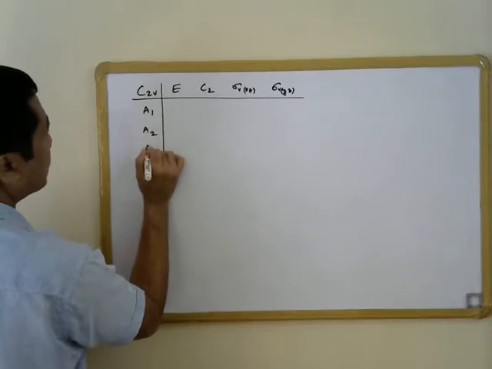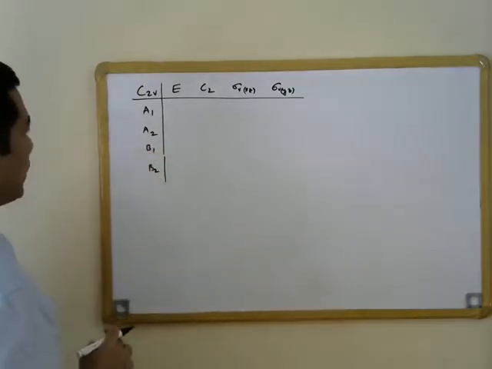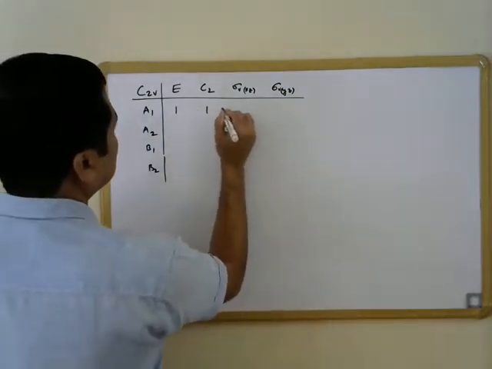There are 4 irreducible representations: A1, A2, B1 and B2, and the characters